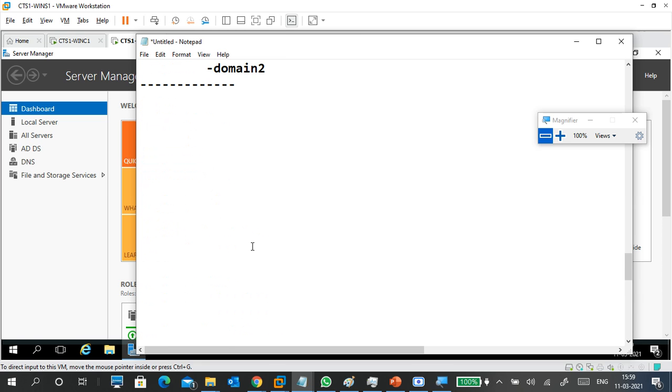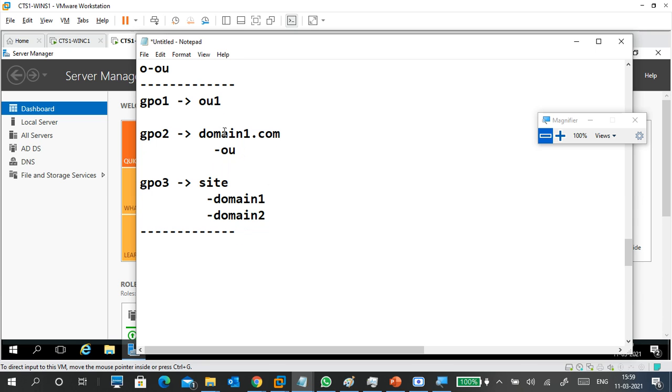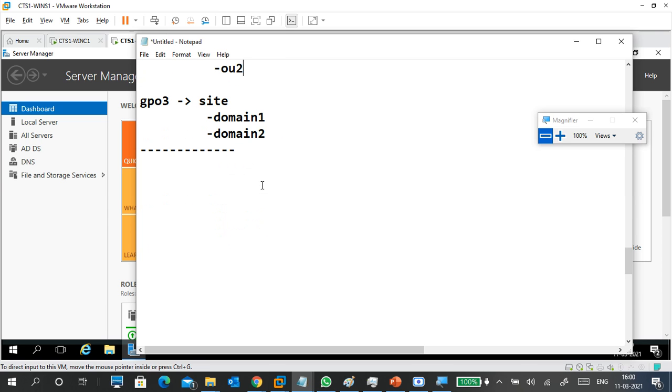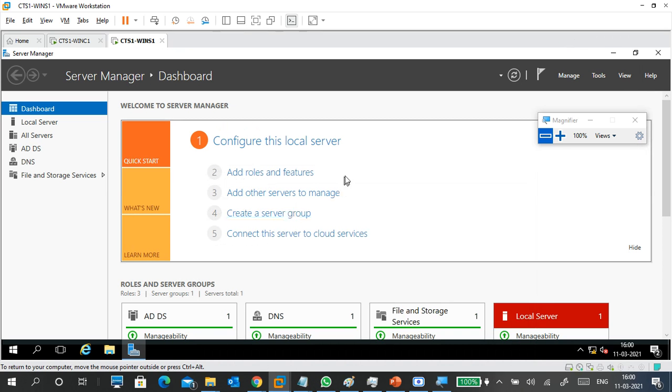Okay, so that is your group policy. And it follows the hierarchical structure. So if you link the policy to the OU, users, groups and computers will be affected by the policy. If you link the policy on a domain, everyone in the domain will be affected by the policy. Okay, if you link the policy to the site, everything in that particular site will be affected by the policy. So these are the things in group policy. Okay, create, edit, link, update, verify. Don't forget that one.